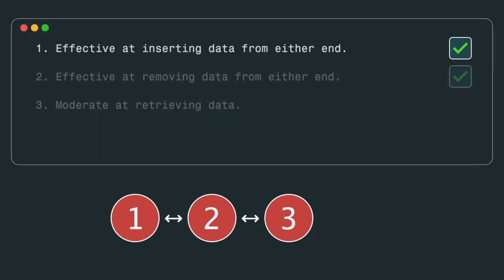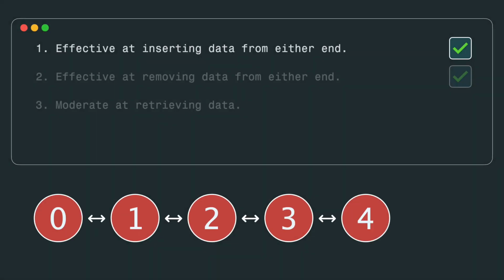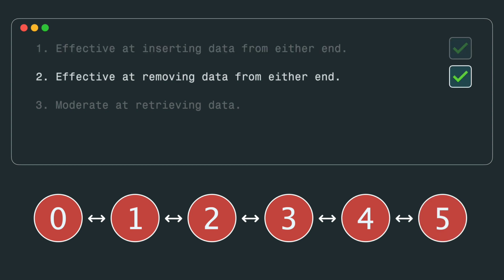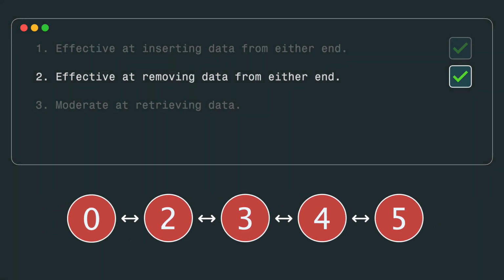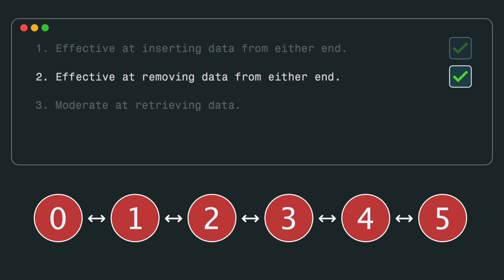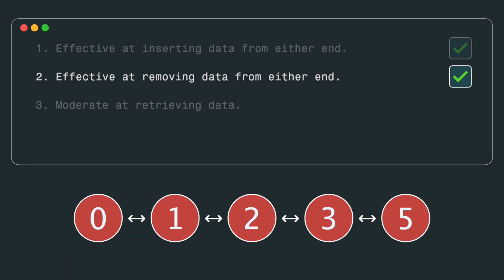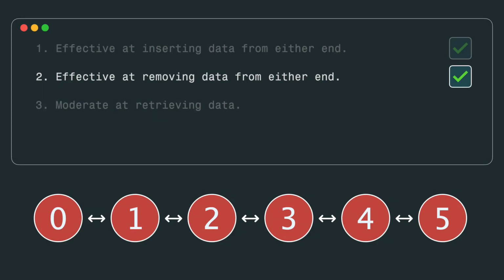The fact that we can add data from the head or from the tail is what makes doubly linked lists so strong at inserting data. And without even delving into the memory level, we can already deduce that removing data from either end of a doubly linked list will be efficient. If the node we want to remove is close to the head, we can start from there and take the shortest path to remove the node. If the node we want to remove is close to the tail, we can start from there and take the shortest path to remove the node. If the node we want to remove happens to be at the head or the tail, then it happens right away.